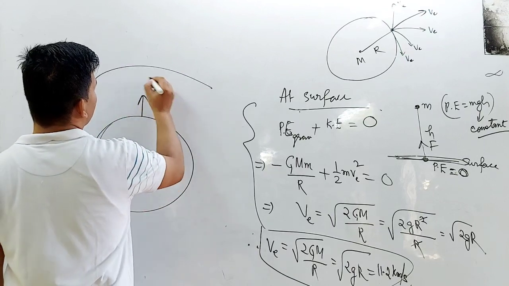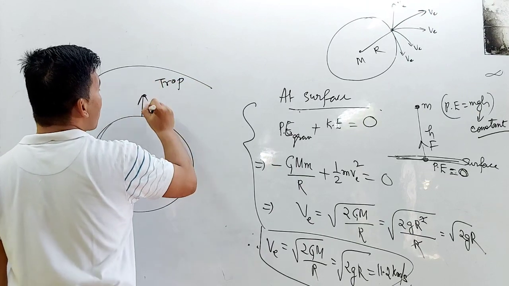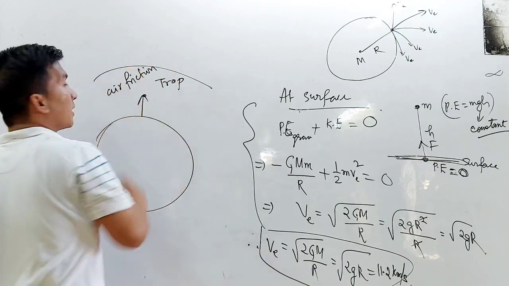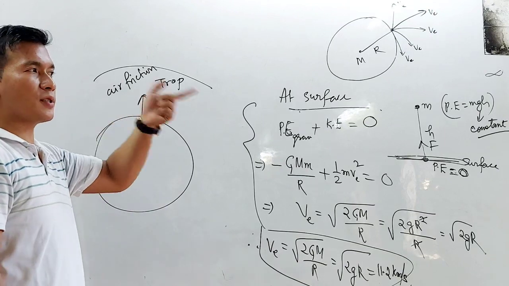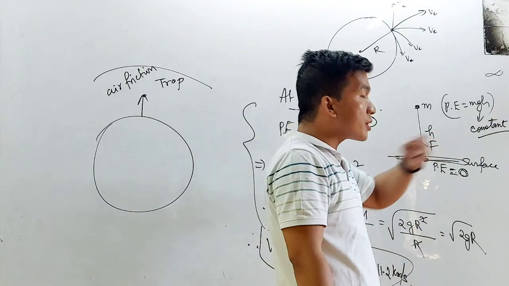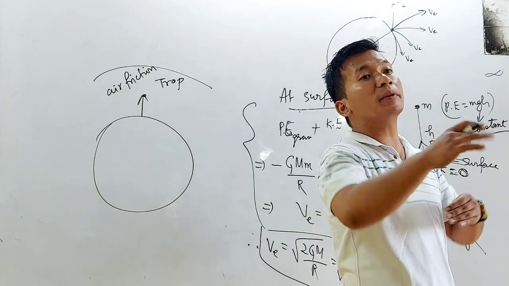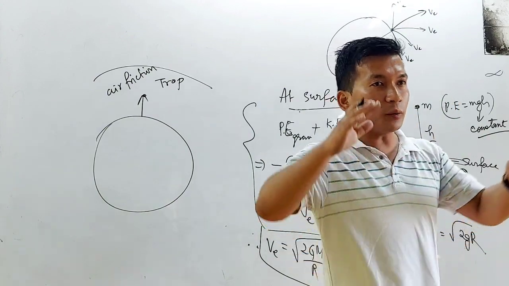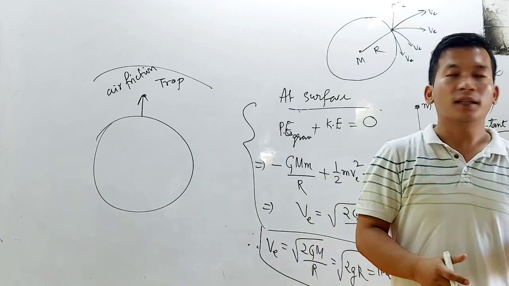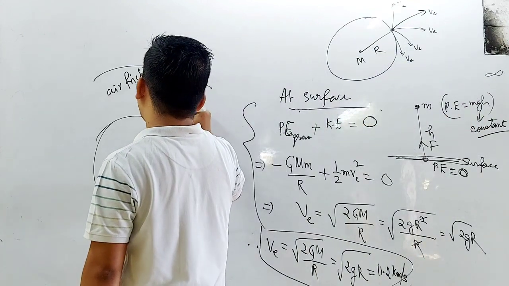This is the troposphere. So this object will experience air friction. A simple logical understanding: if you walk very slowly, the air will blow towards you. When you run, the air friction will become more. If we increase the speed of the object more and more, air friction will develop. Here, if we project the object with 11.2 km per second from the surface of the earth,